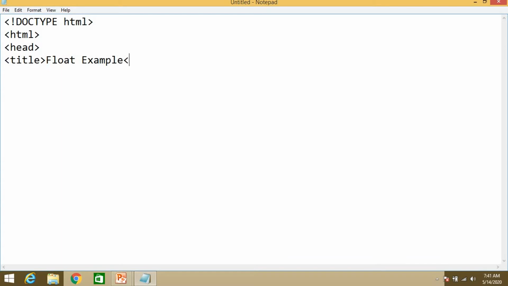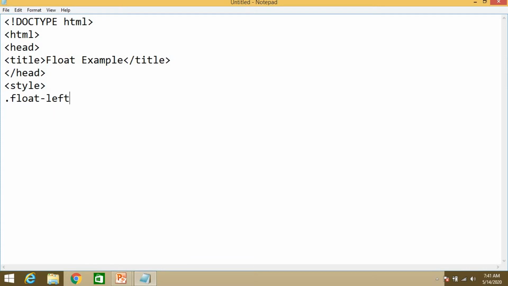Close the title tag, close the head tag. Then open the style tag. In style, just write down the float property. So dot float left.